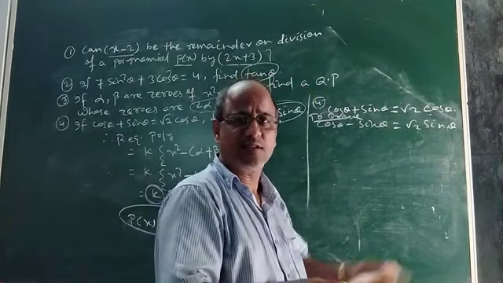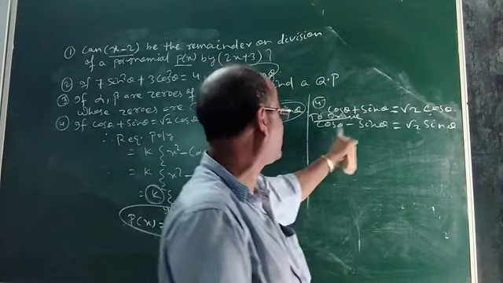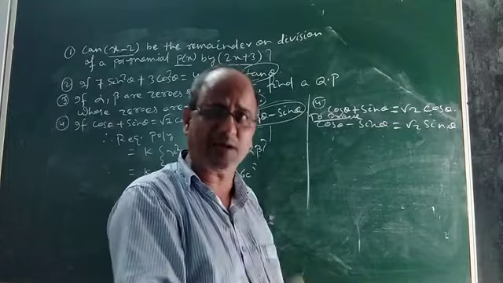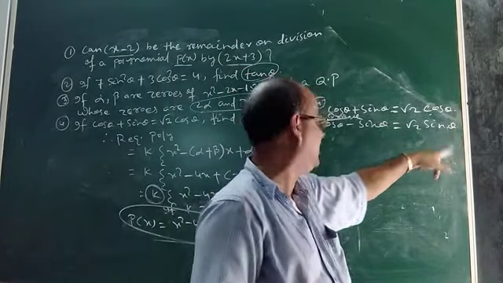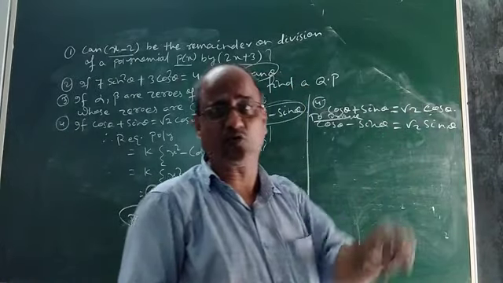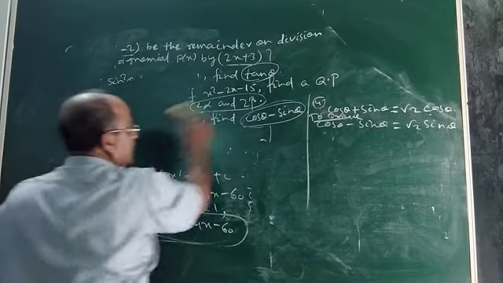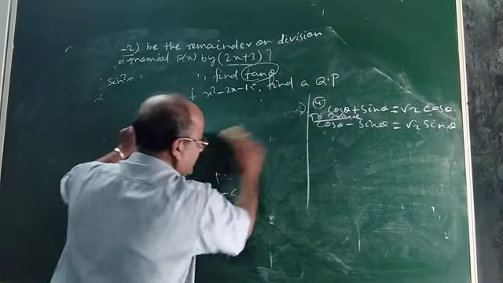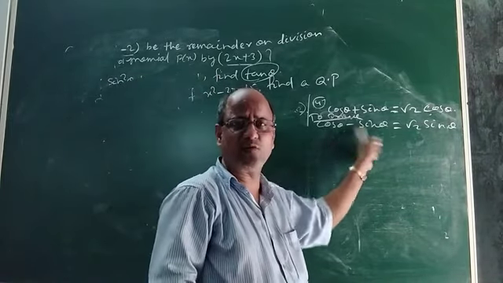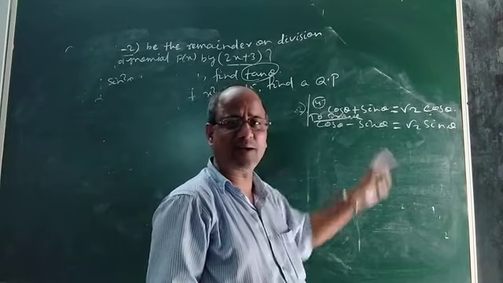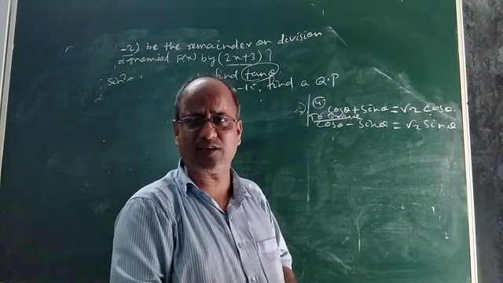Okay, let us discuss. This question may come in two ways. Either you may be asked to find the value of cos theta minus sin theta, or you may be asked to prove that cos theta minus sin theta will be equal to root 2 sin theta if cos theta plus sin theta is root 2 cos theta. Okay, let us see how to do. This particular question can be solved in a variety of ways. There are different methods to find the value. Let me tell you the easiest one.